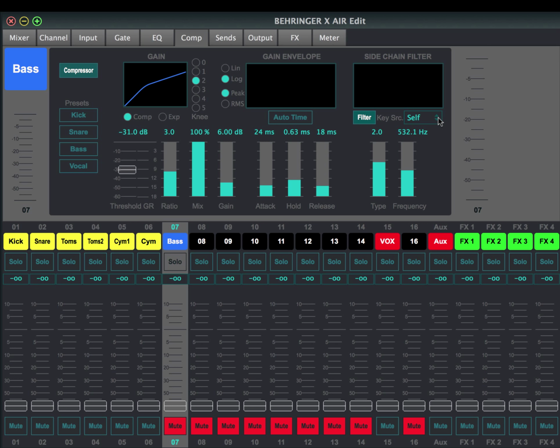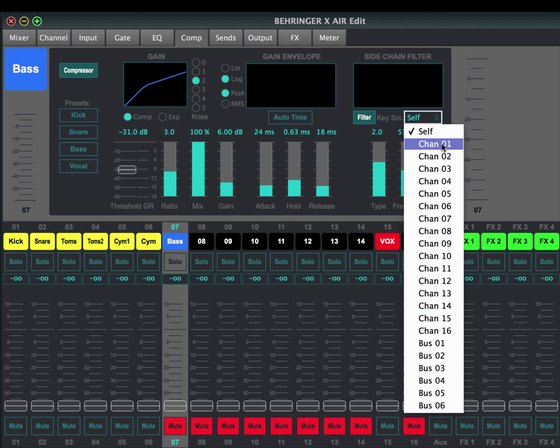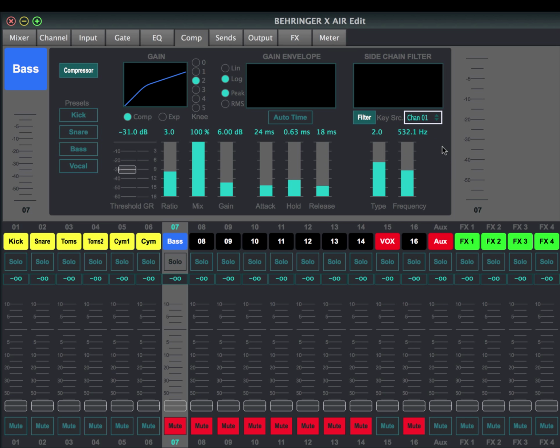And we're going to set the key, what it is that triggers the compressor, back to channel 1. Okay? Which is the kick. So now, when the kick happens, the compressor is going to be engaged. And it can also be used, you guessed it, on an expansion algorithm as well. So what if I expanded the bass by, you know,